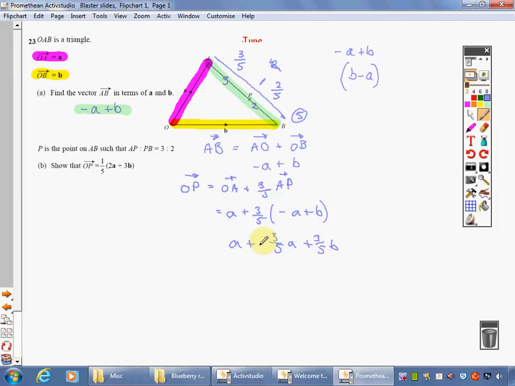A whole A, take away 3/5 A, would leave me with 2/5 of A. I've still got the 3/5 of b, there was nothing to add to that. I'm now going to factorise that bracket, so I factorise into a bracket with the 5th coming out, using 2a plus 3b. And lo and behold,